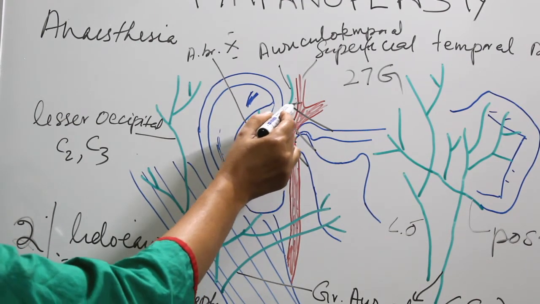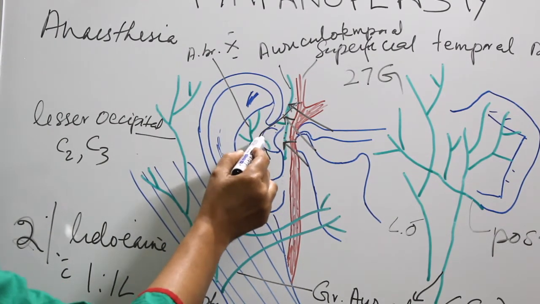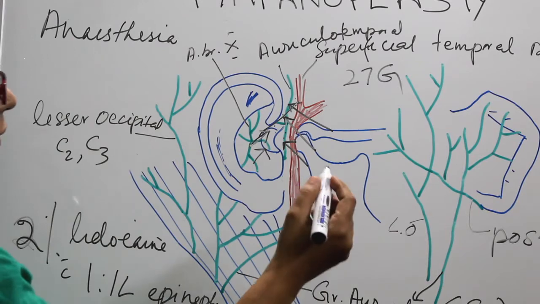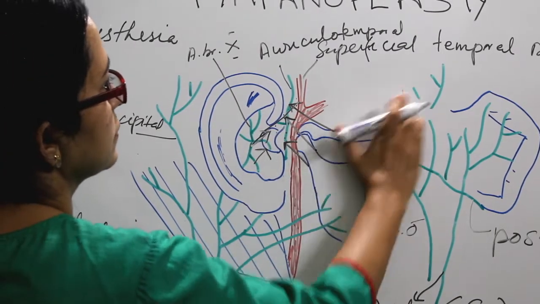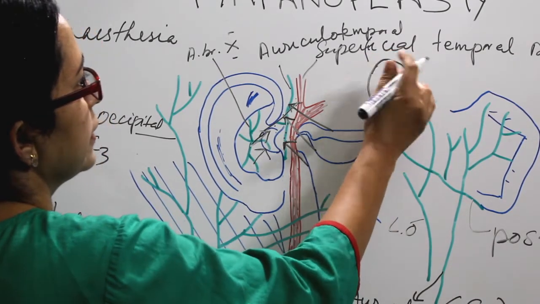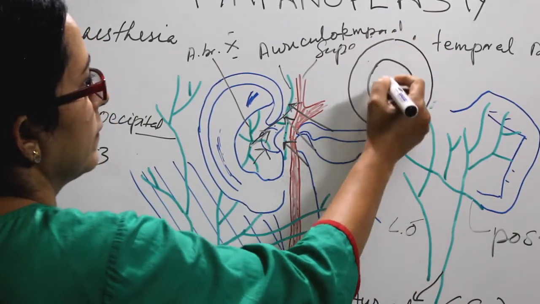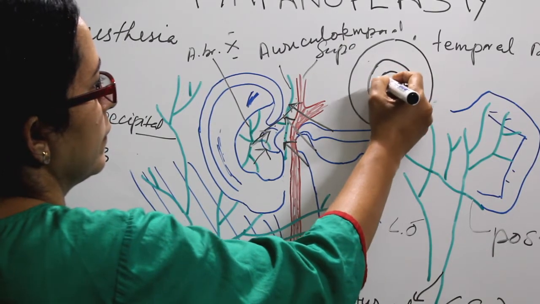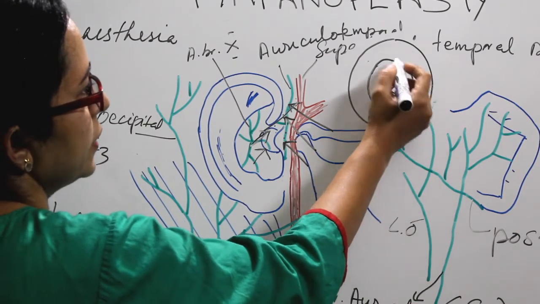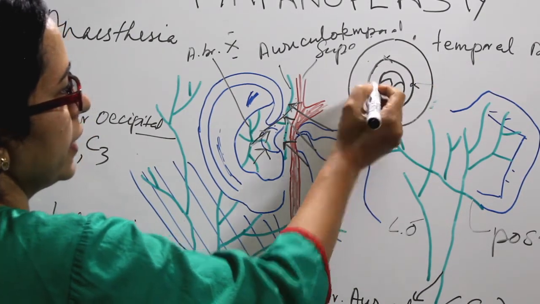You can also inject over the incisura terminalis and also in the conchal areas. Here also you can inject. And into the external auditory canal, it is at the bony cartilaginous junction. Okay, this is the bony part and this is the cartilaginous part, at the junction at 12 o'clock, 6 o'clock, 3 o'clock and 9 o'clock.